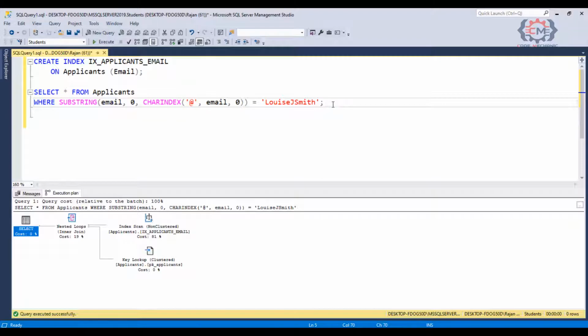If you have any sort of function over here on the left hand side of the where clause processing the value in the column, SQL Server is not going to be able to use a regular index created over the column, like we see has been created up here. If we look down at the execution plan, we can see that is the case, because SQL Server is doing a scan of the index, not a seek operation. So, this query isn't going to perform nearly as well.